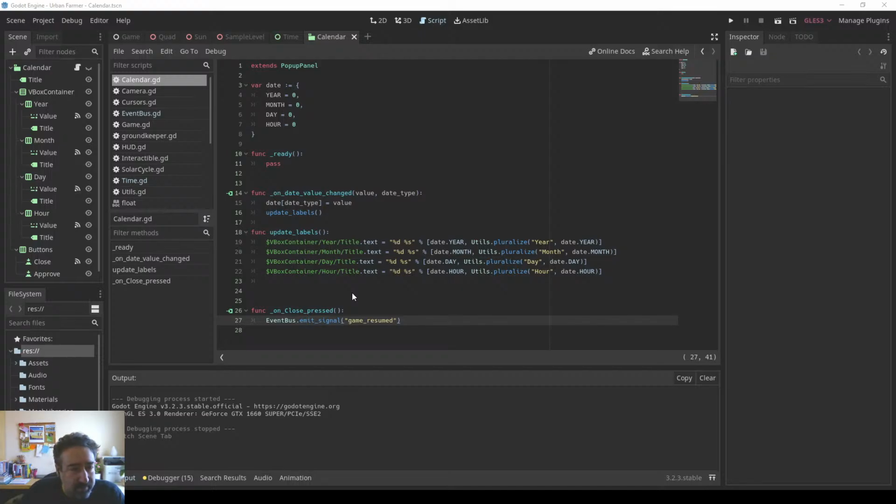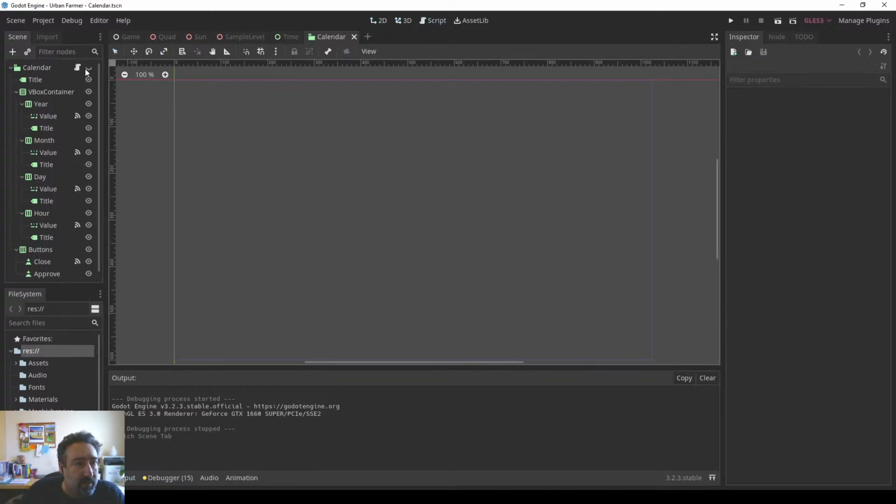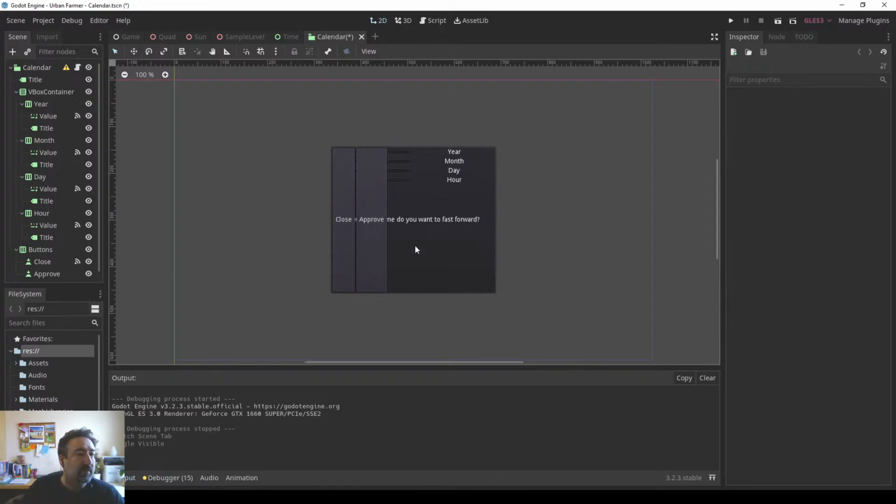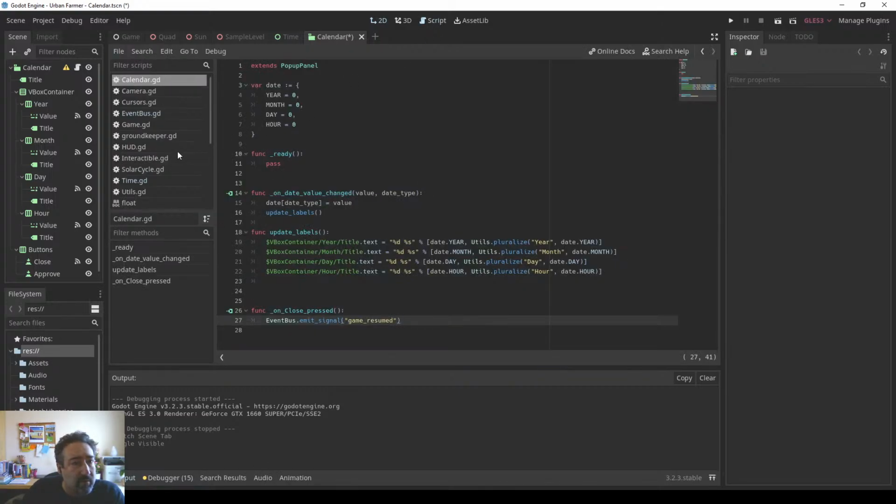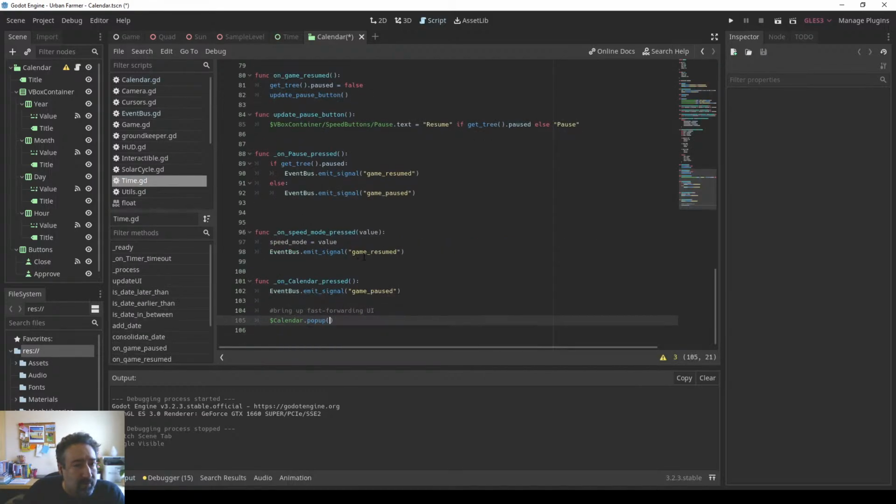Where I left off yesterday, I have a few changes as I was discovering the calendar interface. I have to figure out how to lay these components out a bit better, but our struggle was when we hit the close button, we were supposed to resume the game, and there was some confusion here. When we paused the game,